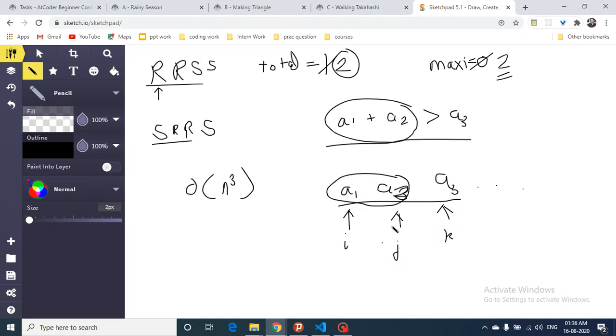So the pointer at i and j will be smaller compared to j. So you just check that the element at i is not equal to j and j is not equal to k. And also, if you do a summation of i and j lengths, then it should be greater than the length at k, and that's the whole logic.